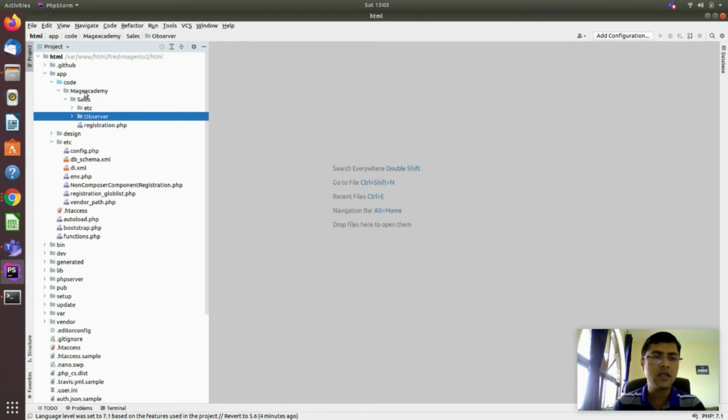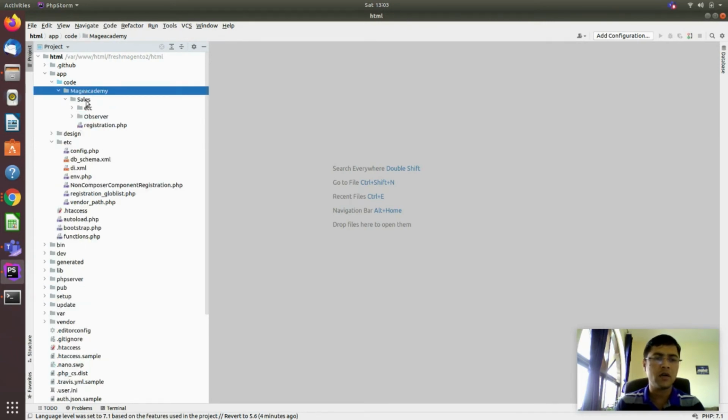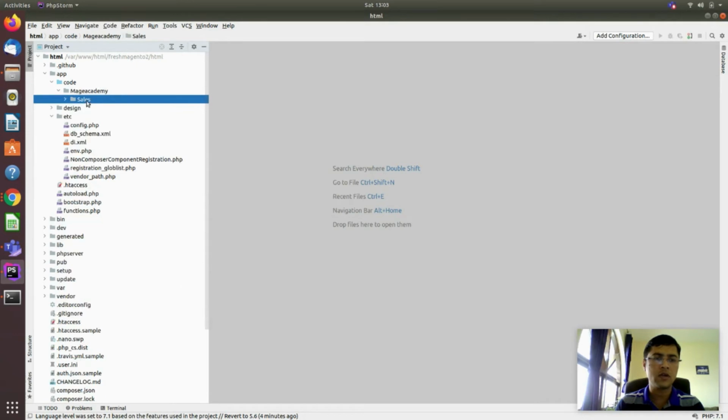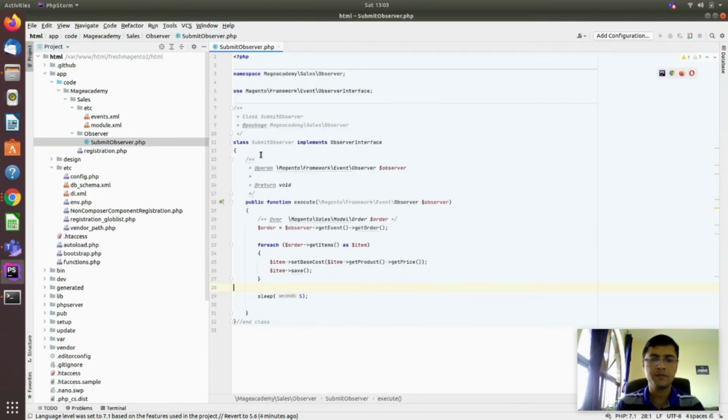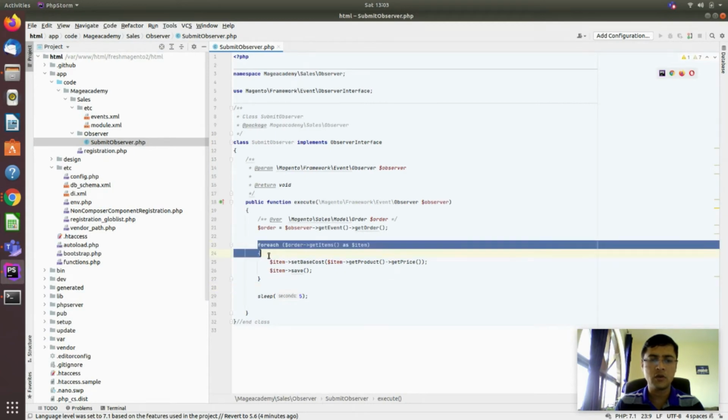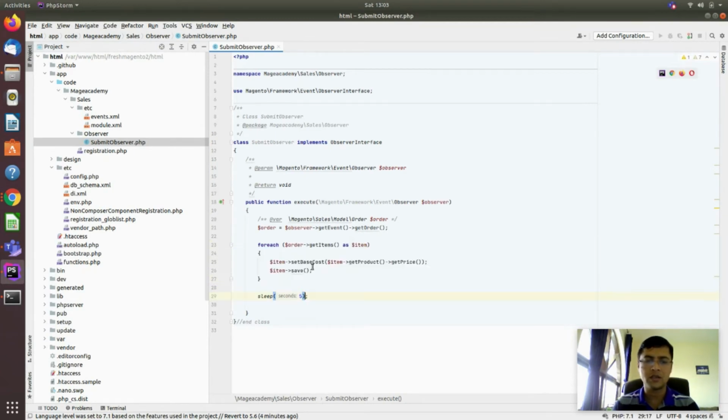Here you can see we have created one module for sales, and here we have added one observer. In the observer you can see we have added some process. We are just saving the cost, and we have added a sleep of 5 seconds. This can be anything, this is just an example where we are keeping customers waiting for 5 seconds.